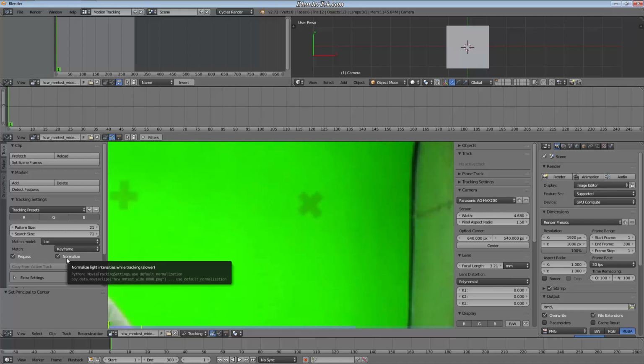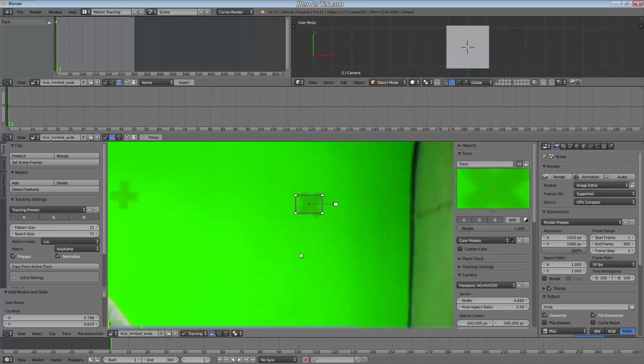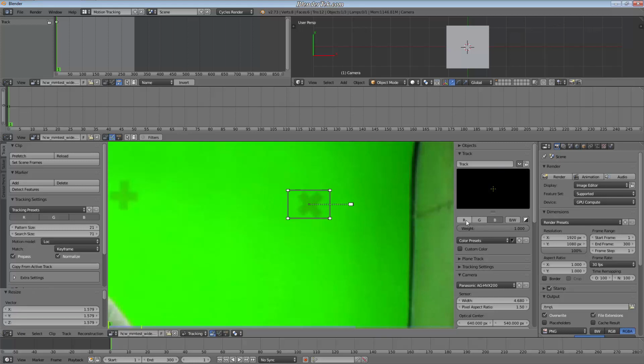I like to hit normalize because it normalizes all the light intensities, and then you control click on an area you want to track, and obviously this needs to be a little bit bigger. You can choose a different channel to see what has the most contrast, because it actually tracks in grayscale. Like I said, I wish they used something with more contrast, but there's really not a lot of contrast either way. So yeah, green channel versus grayscale, about the same really. Anyway, so then you just track it, Control T,